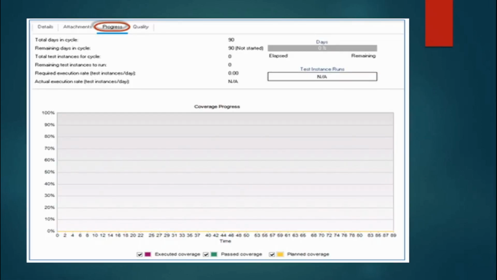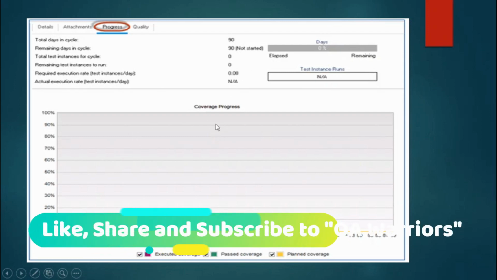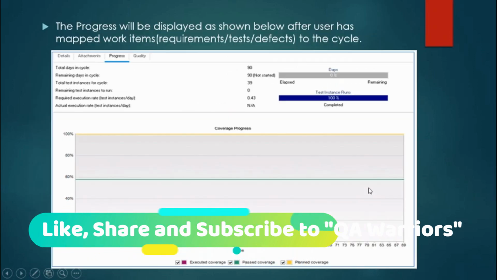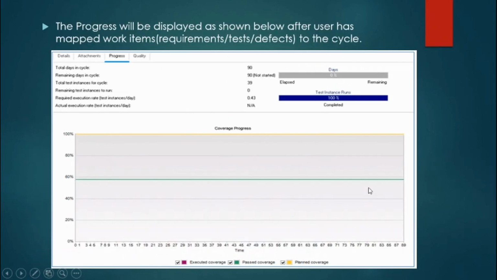As you have created this cycle and have not mapped any requirements to it, it will look something like this. It will not have any graph.